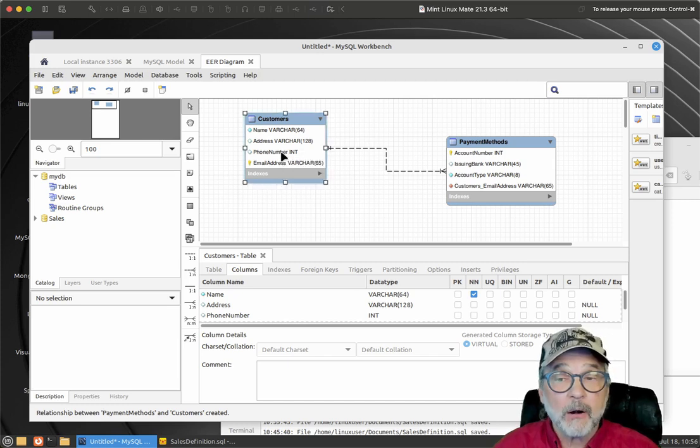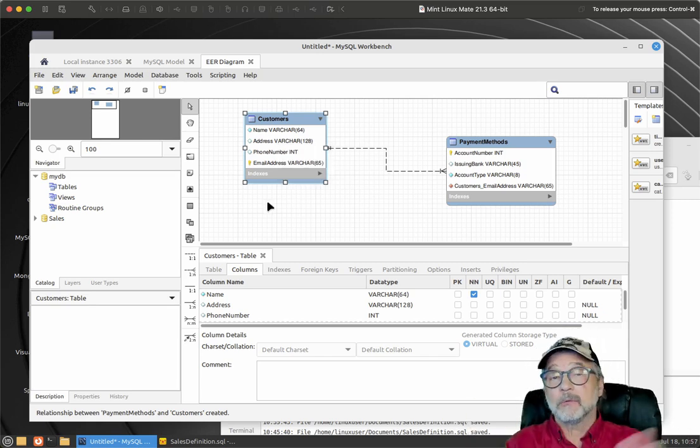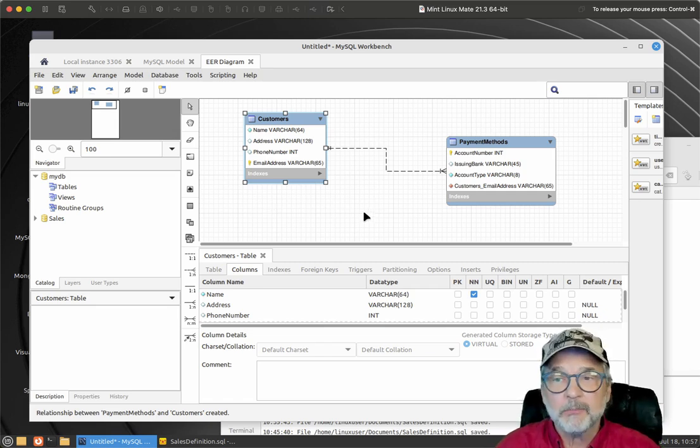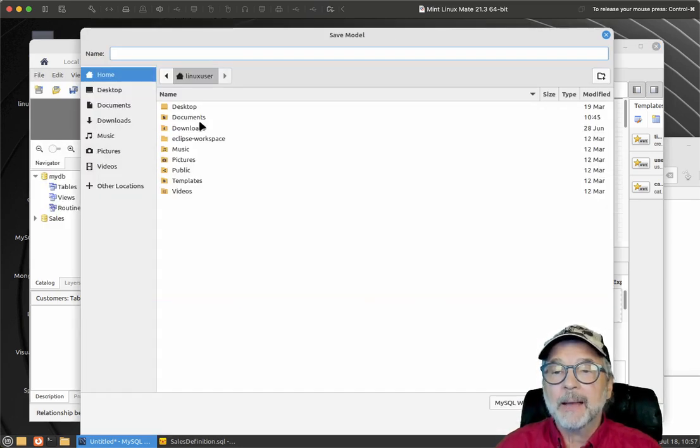Now, we could also argue that phone number, a customer could have multiple phone numbers. A customer could have multiple addresses. I agree with you. We could have multiple entities here, multiple tables, but for right now, let's just stick with payment methods and customers. Okay, now I'm going to save this model,